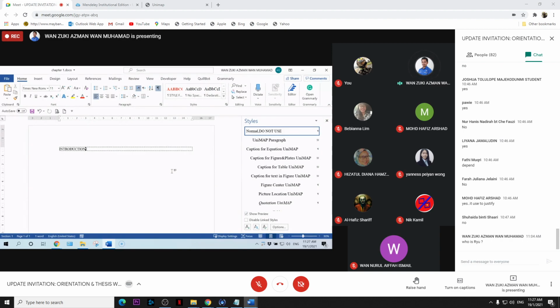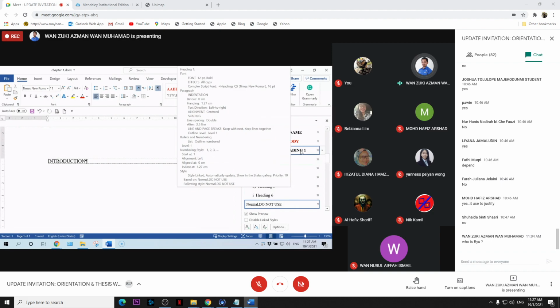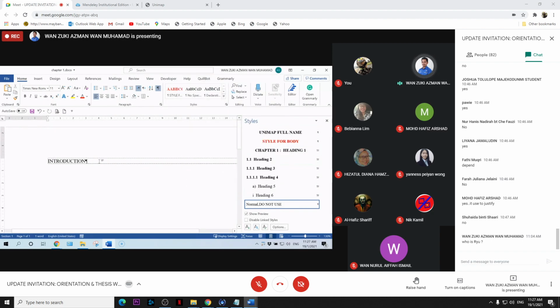You just type introduction in capital letters. Remember which style we need to use to format this introduction? The style is chapter 1, heading 1.